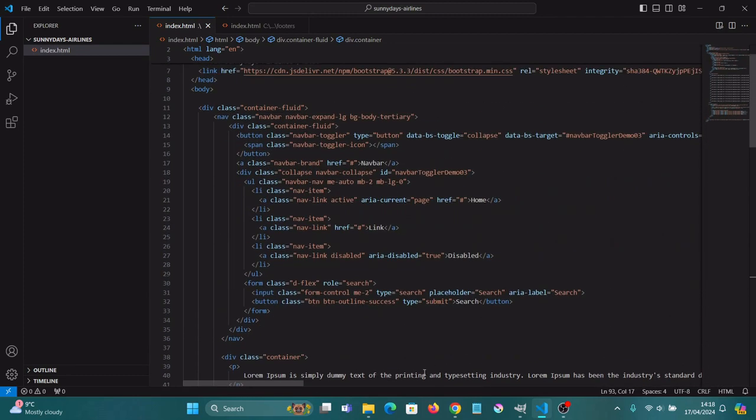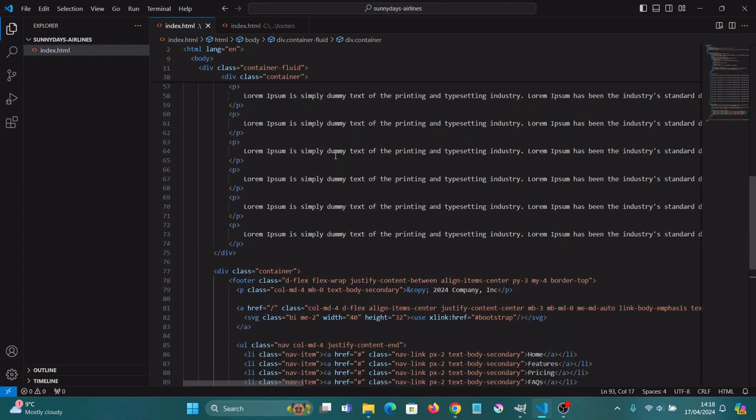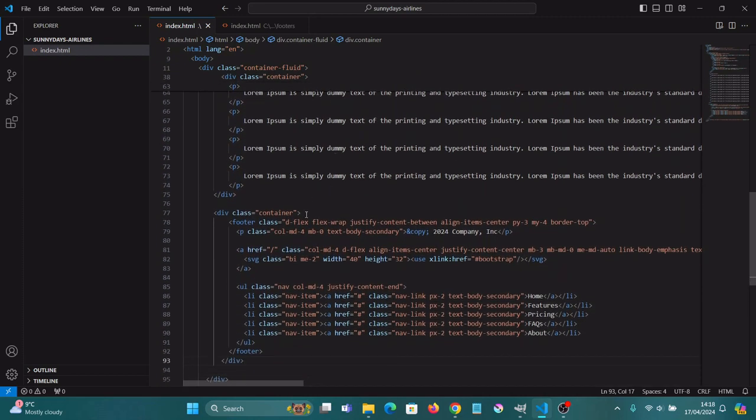This text, these paragraphs, are contained in just a container. That means it will have padding, margin, all that stuff going on. And if I was to change that to fluid,